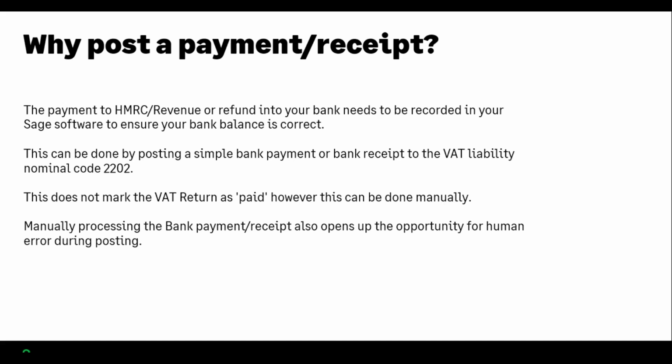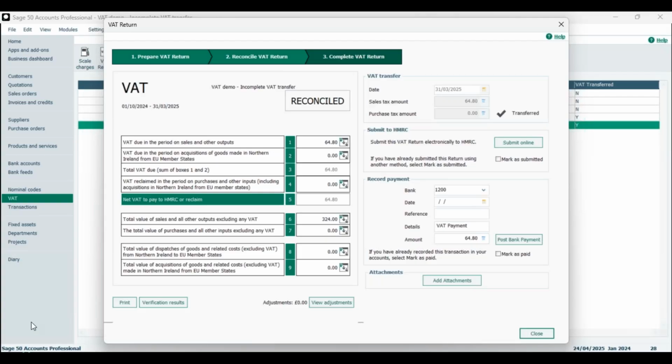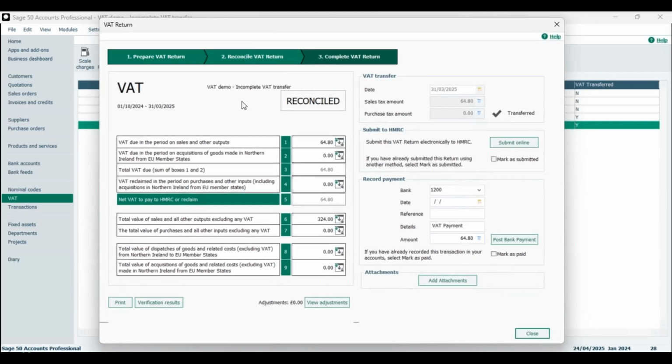So how would we do that? Well, there's two ways. Manually, it can be done in your bank accounts by doing a bank payment or bank receipt, or you can use the wizard. Now, let's have a look at what this would look like. It's always best to do a demonstration when it comes to this one, I think, so you can see it visually. I'm not going to do the bank receipt or bank payment. I'm presuming that we all know how to do those, so I'm not going to make you sit through me talking through how to do a manual bank payment